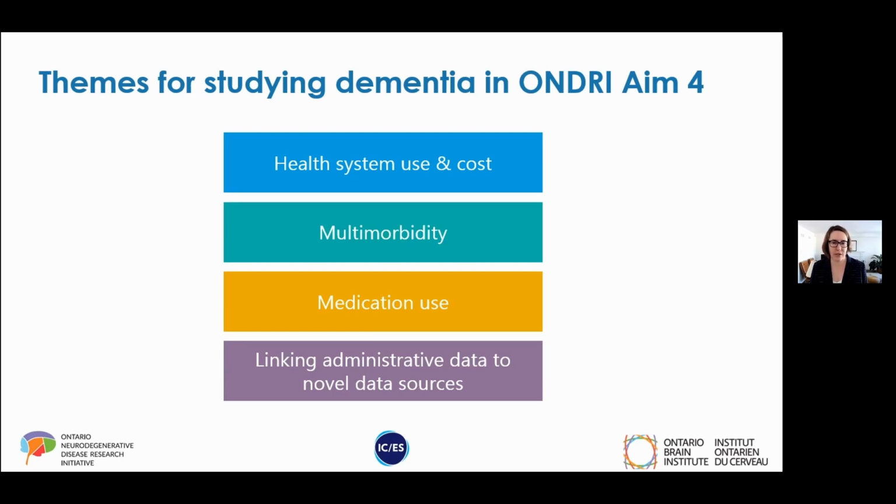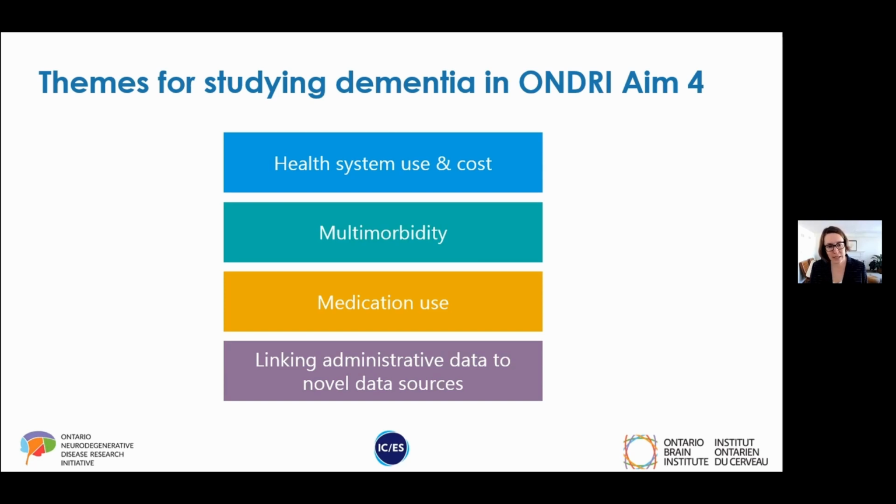And they're listed here. So we have conducted a number of studies looking at health system use and cost of services across settings. We have a theme that focuses on multimorbidity. So obviously individual conditions like dementia don't occur by themselves. They frequently occur with diabetes, with Parkinson's disease, with other sorts of conditions. And so we have a series of studies that looks at characterizing this multimorbidity, but also thinking about what kind of health system multidisciplinary approaches are needed to address them.